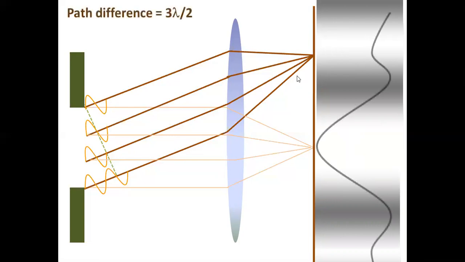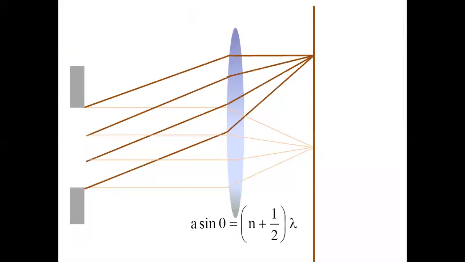So what is the condition for dark fringe? It is the path difference equal to 3 lambda by 2, 5 lambda by 2, n plus half lambda, sorry. So if the path difference here, always you have to remember, what is the condition for constructive interference in diffraction? A sin theta is equal to n plus half lambda. What do you mean by that? That A sin theta is equal to n plus half lambda means it is the path difference between the waves starting from the top of the slit and bottom of the slit. That you must remember. What is the condition for production of dark fringe in a Young's diffraction pattern?